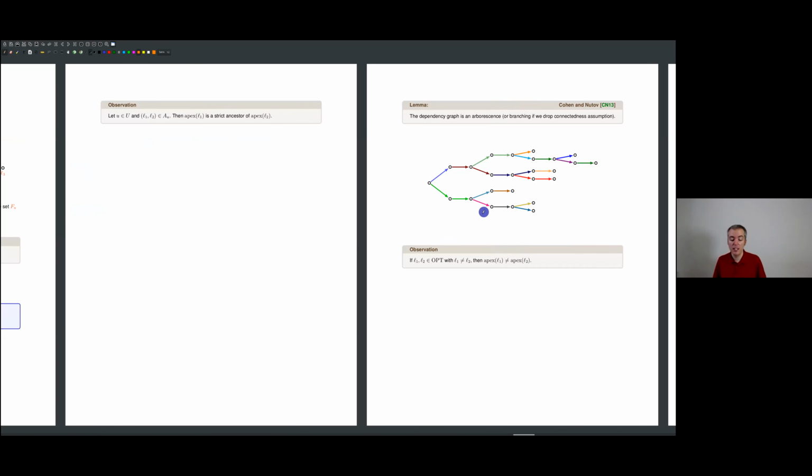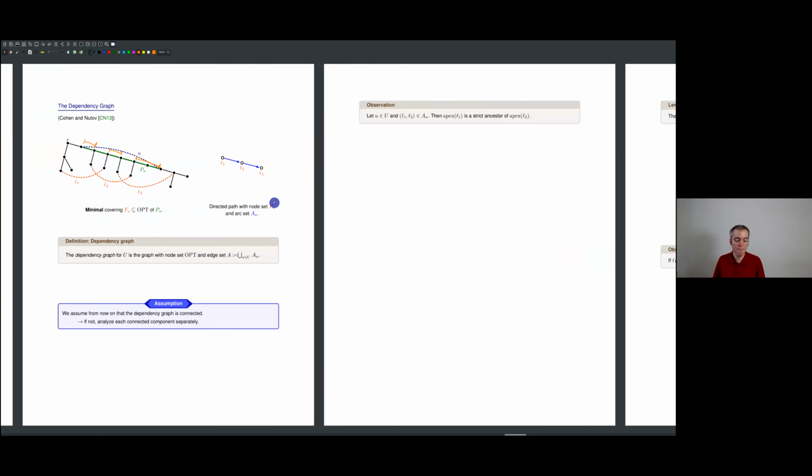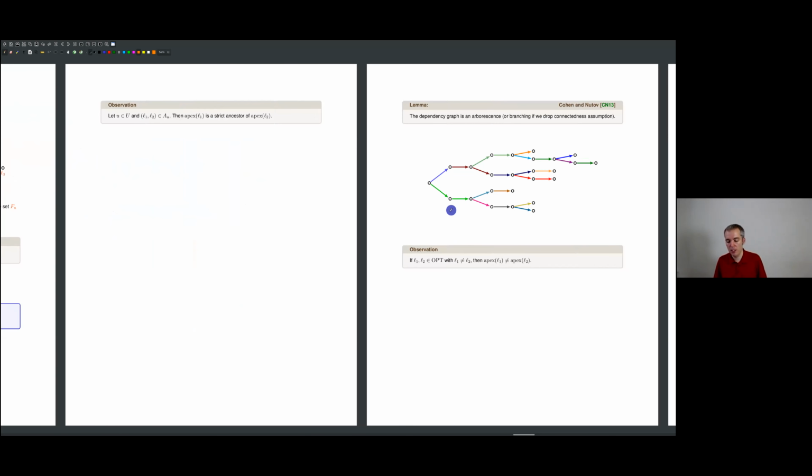What one can show is, if you choose those FUs minimal, and I skip all the properties, that we do this for each uplink. We now have such a dependence, and we put all of those arcs together. Then we have a graph on the nodes, on the links of opt, with the dependencies indicated by those arcs here. And it turns out that the graph is a branching. Let's simplify things and assume